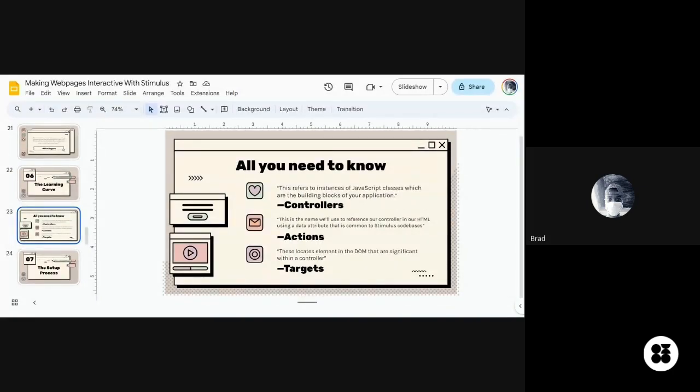From the code sample we went over, you can see how a controller is linked to your HTML or DOM element, how the actions are linked, and how they are created. This is how they extend the controller class that the Stimulus library provides for us. So if you know all this, just know your controller, you are good to go dealing with Stimulus. You don't have to learn any magical thing or any other thing.